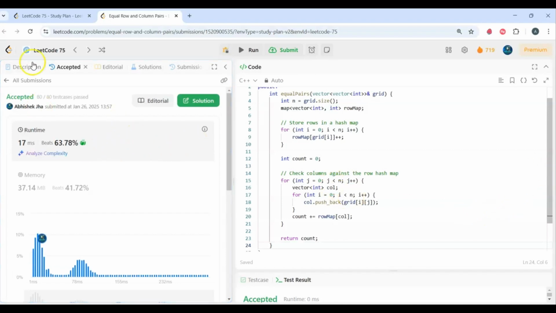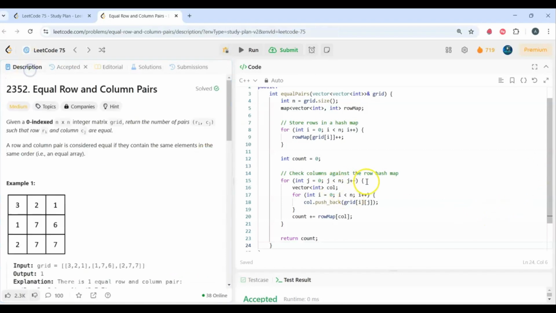As you can see, this gives us successful submission. So here the time complexity would be O of n square, and space complexity would be O of n square. So this optimal solution is much faster and works well even for larger grids. So let's quickly do a dry run on this given example 1, and let's finally analyze the time complexity and